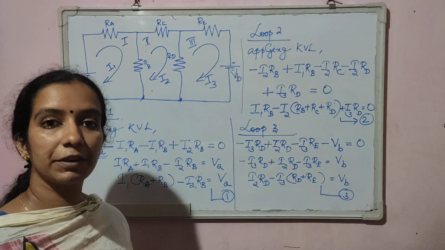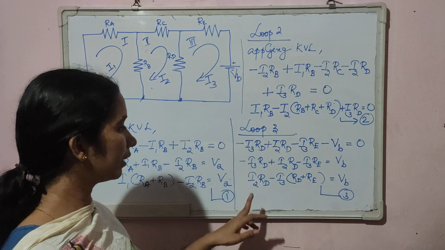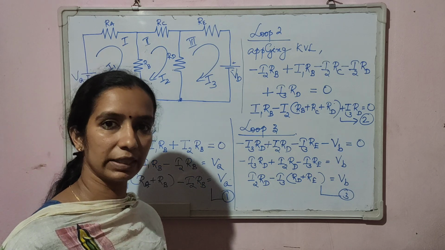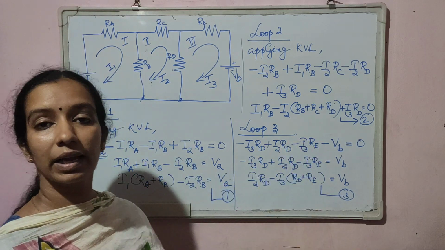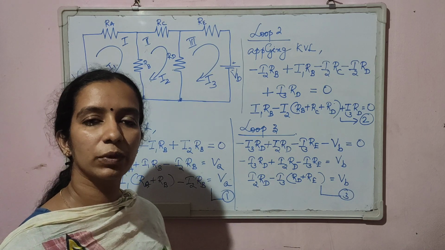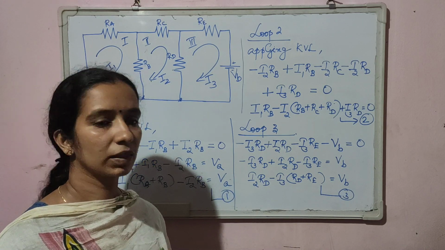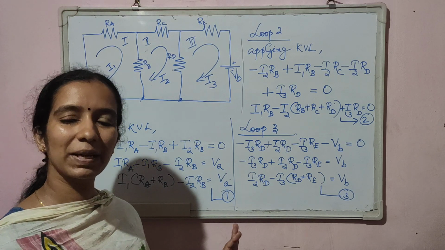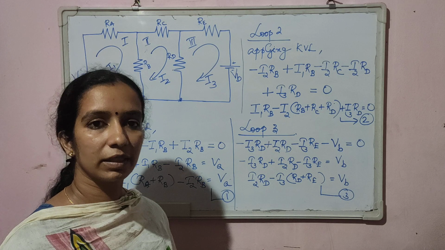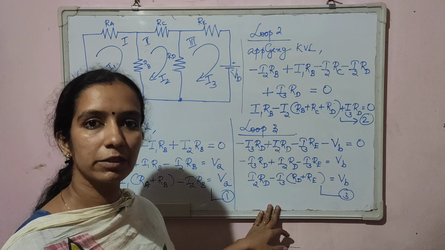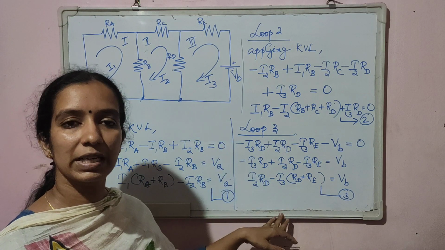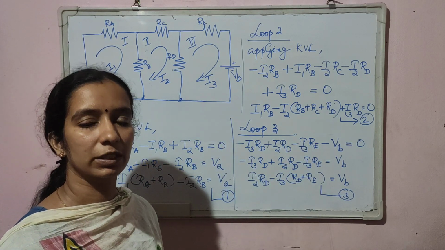Okay. So we have got 3 equations and we have 3 unknowns. The 3 unknown currents I1, I2 and I3. So 3 equations and 3 unknowns. We know how to solve the equations. We can solve the equation by using calculator. But there is a specific method for solving these equations. And in our examinations, it may be specifically asked to do mesh analysis by using that particular method.